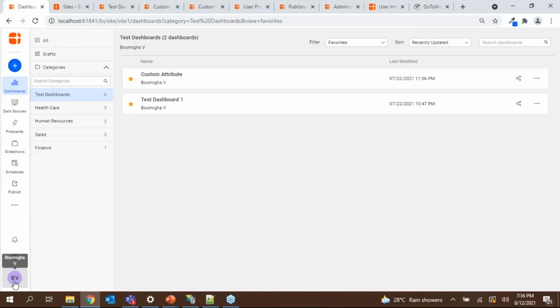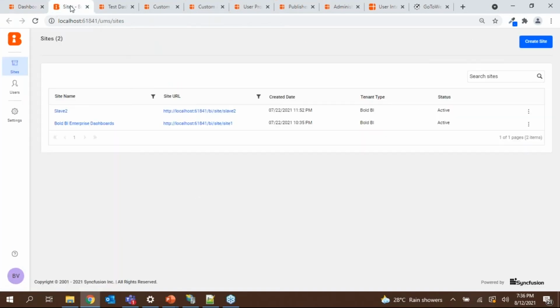At the bottom of the left corner, you can see the profile option. Click on that and there will be an option called Manage Sites. Once clicked, the page will redirect to the sites listing page. Here you can see all the tenants you have deployed in your Bolt BI application.